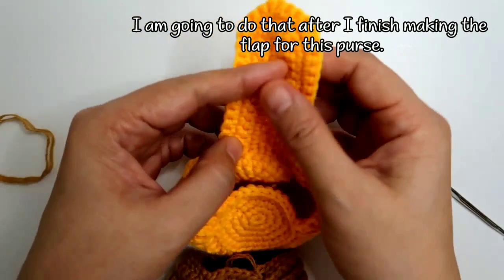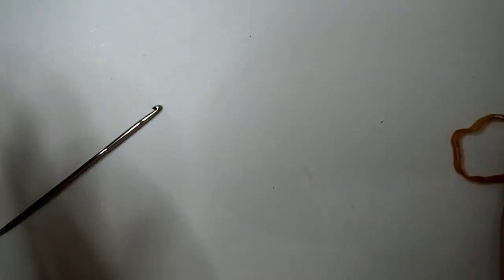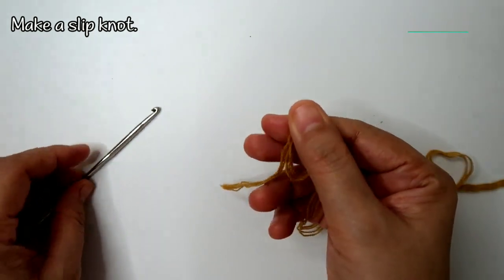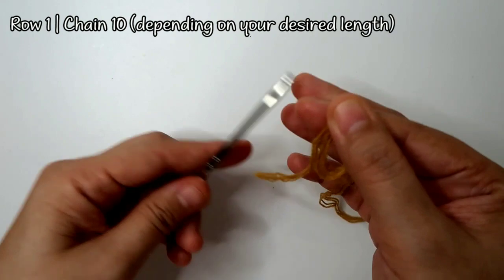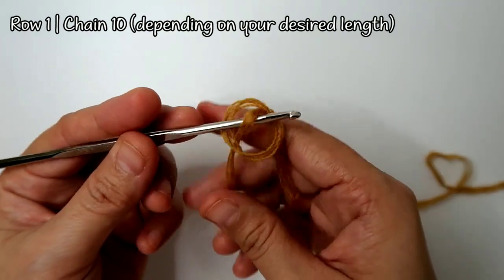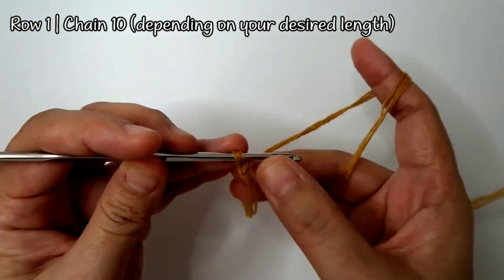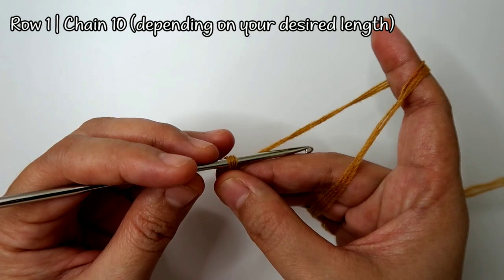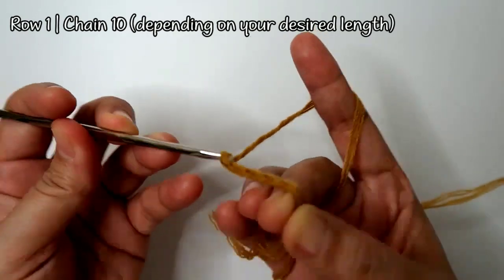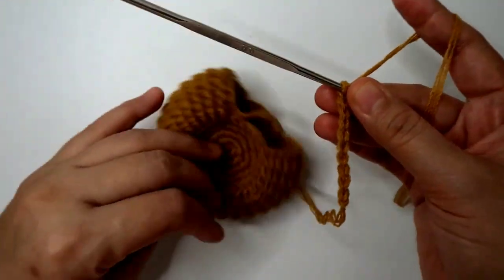And so we're going to make the half oval for the cover. To do that, we're going to make a slip knot, and then with the same size of hook, the number 5 hook, we're going to chain up to probably chain 10, 2, 3, 4, 5, 6, 7, 8, 9, 10, and then we can just